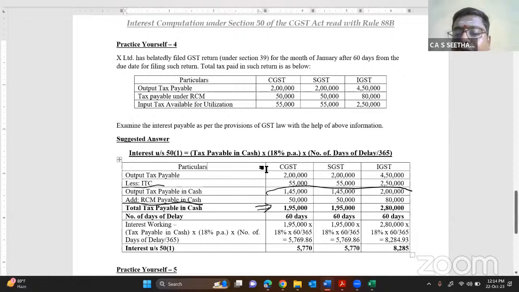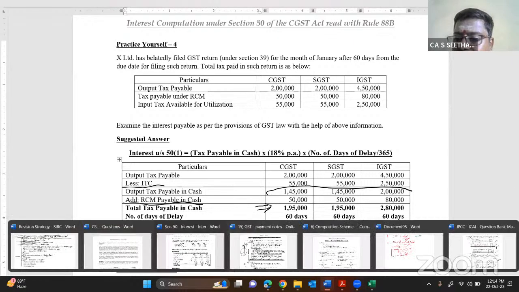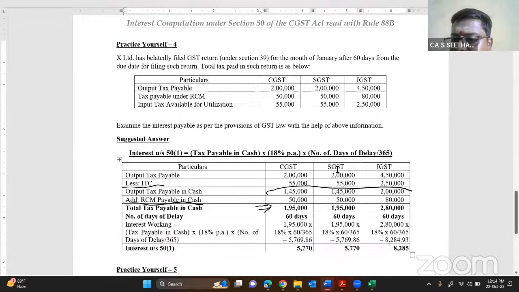So with this, I want to get into the type of question when it comes to composition scheme levy. Guys, any doubts on RCM? Any doubts on interest? We have covered the overall problem and the interest also. We're going for the composition scheme. See, I focus more on number crunching: where is a probable question and what you can actually score more. Shall we, my dear?